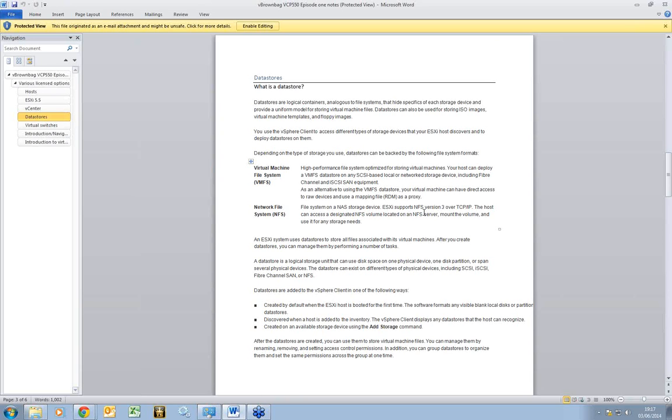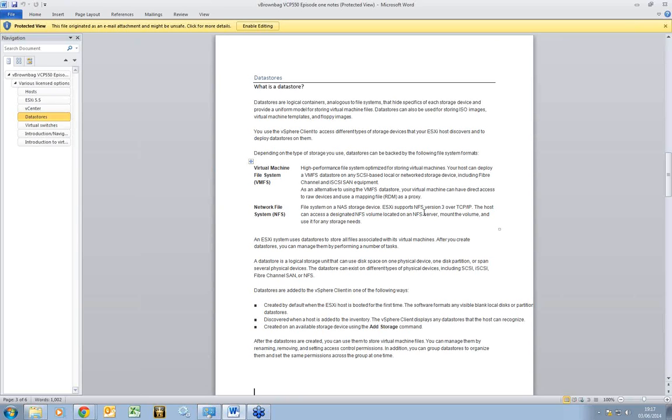I don't want to get into something that isn't so VCP related, but you'll always get the people talking about should I have small data stores, lots of data stores, or one big data store, that kind of thing. But the great thing about the data stores is they're entirely up to you, depending on the capacity that you have. You'll need to be aware with VCP of the differences with the file systems, because with 5 and 5.1, I think it was,